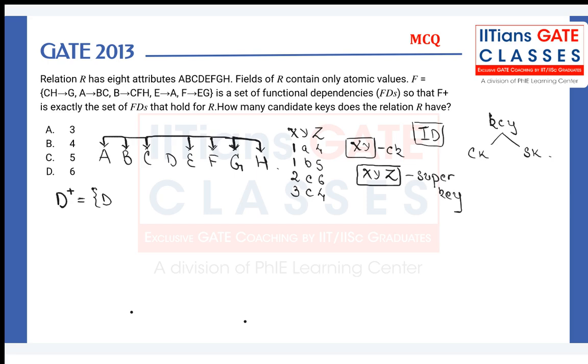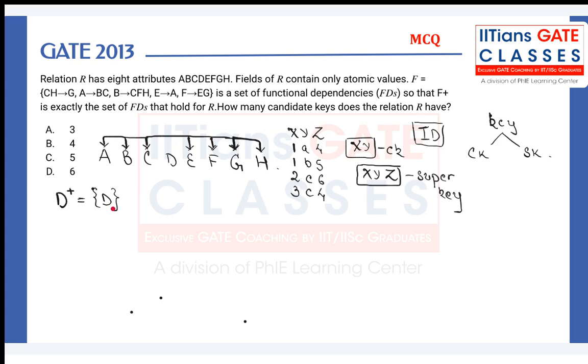Right? For example, if I give you a value of CH, you can tell me, boss, I can get the value of G from CH, right? But from D, you can never get any other value except D. Okay. So far, so good. Any questions, concerns? No? Okay. Now D should be there in our